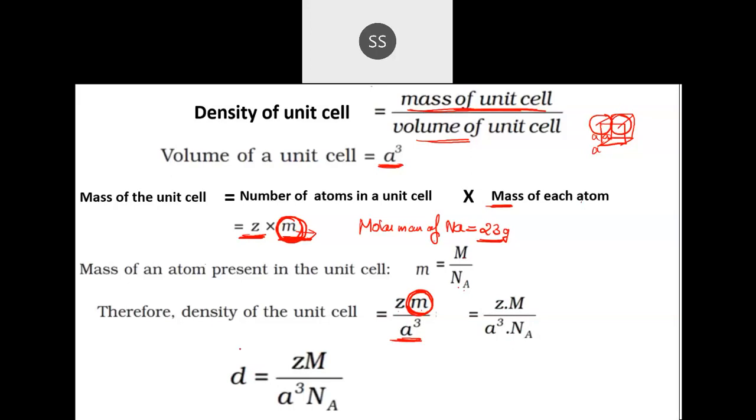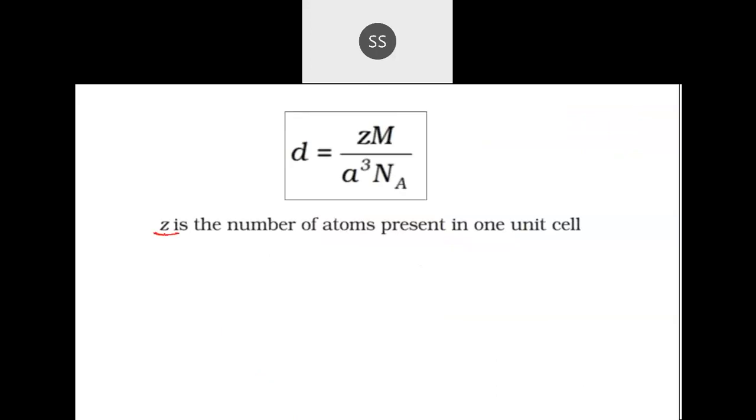You can explain each and every term here, what each term stands for. Z stands for number of atoms which are present in the unit cell. So number of atoms present in the unit cell, that you need to remember. For simple cubic, the number of atoms is 1. They will not give you this in the problem. You should remember, for simple cubic the number of atoms is 1. For face centered FCC or CCP, the number of atoms is equal to 4. And for body centered BCC, the number of atoms is equal to 2. These things you need to remember. They will not give you. They will just give you FCC lattice. So Z value you need to understand and write it down. Okay, so Z value is clear.